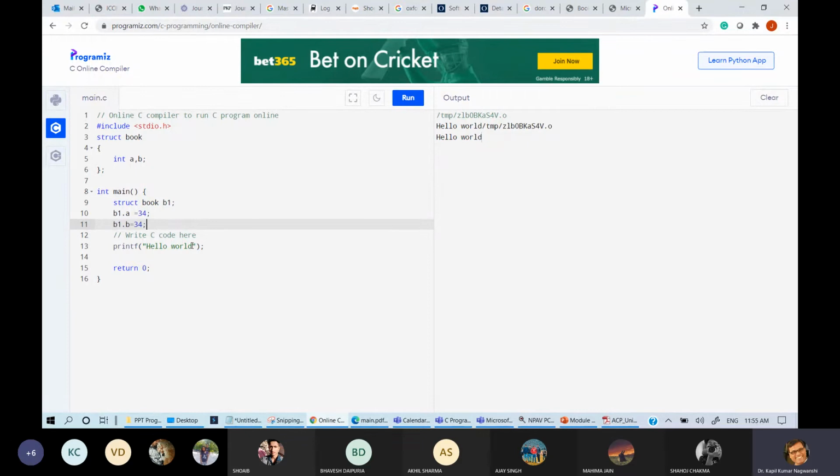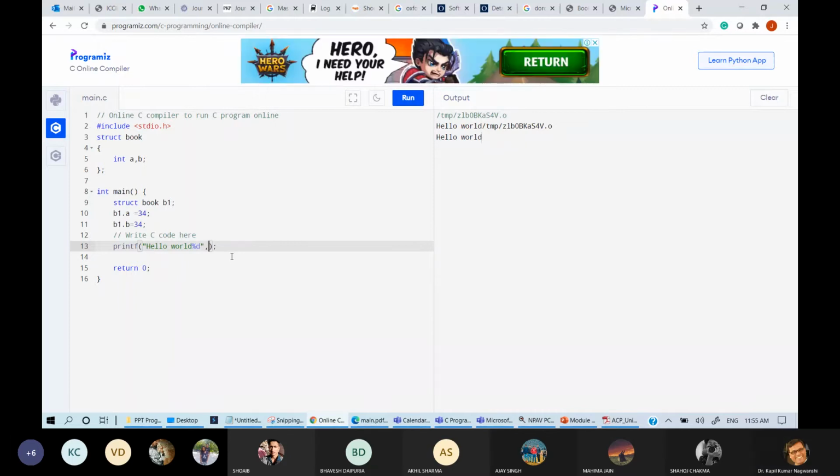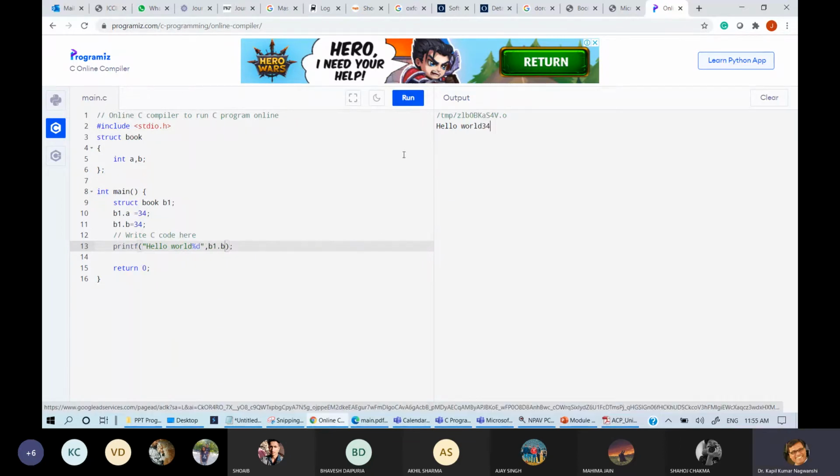And printf percent d comma b1 dot b. So there is no problem actually, but it is not a good practice to declare in a single line. So it will be declared like this.